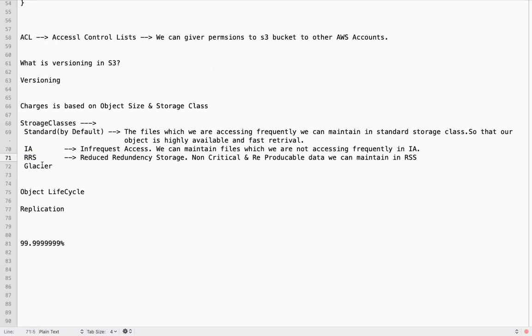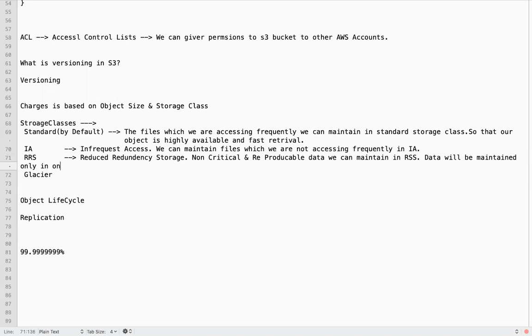Because data will be maintained only in one availability zone, which means only one copy of your file.